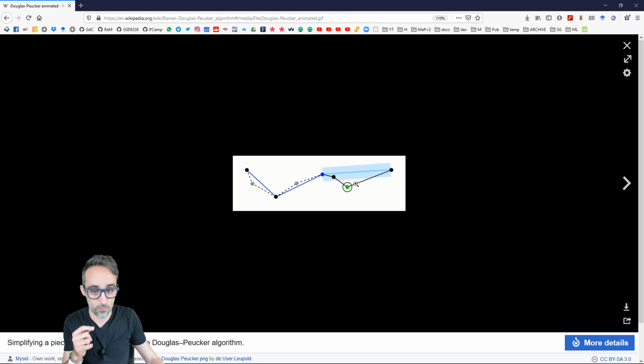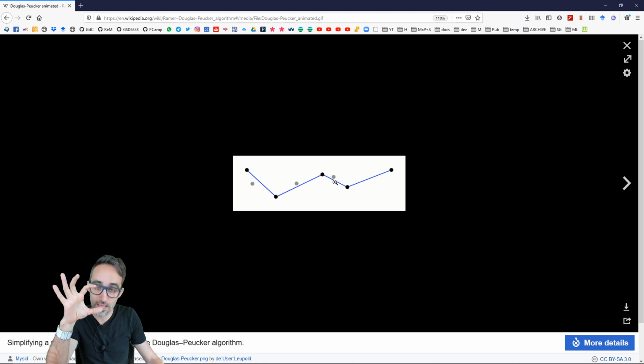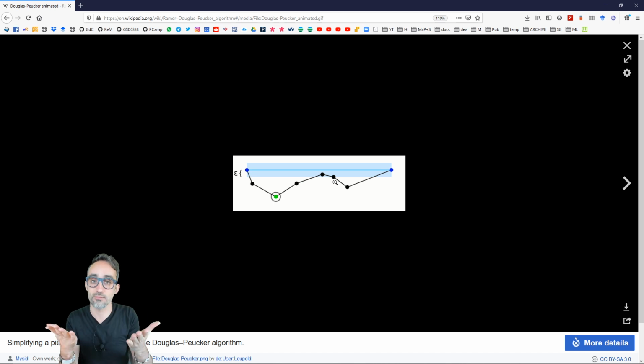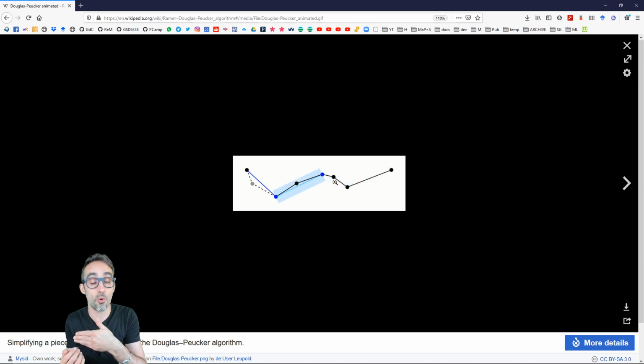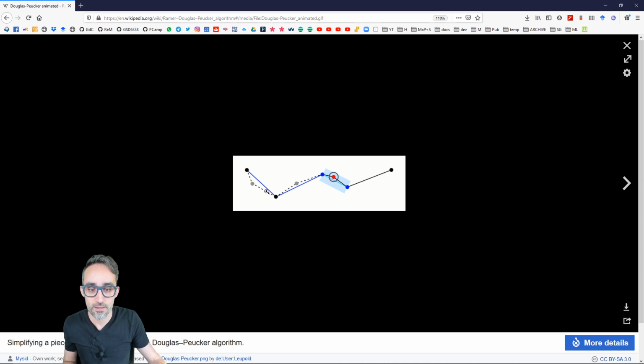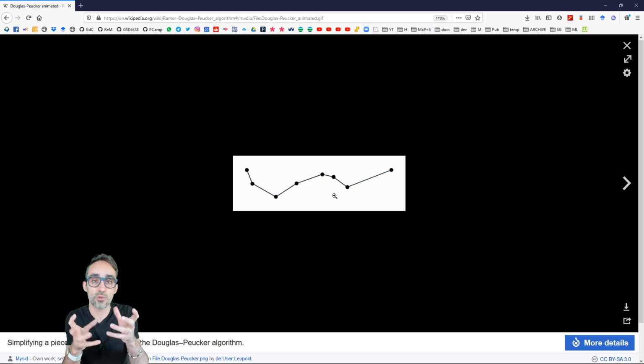However, if the point is inside of that epsilon distance, so if the distance of the point to that line is less than the epsilon value that we are setting, then it means that that vertex will go away from the polyline. The result of that is what you're seeing here. This polyline gets simplified. This one, and this vertex, they all go because you can see intuitively that they're not really adding much detail to the overall shape of the polyline, which I think is a really interesting and really smart way. Why are we going to do this?